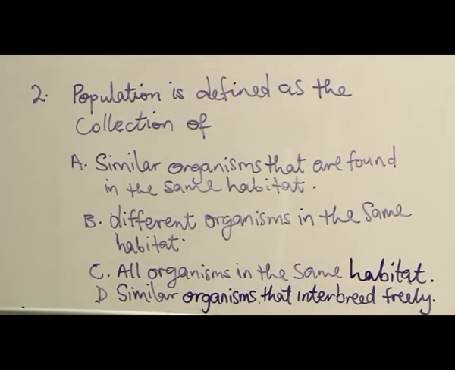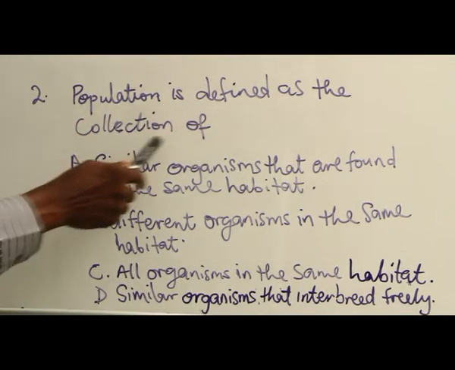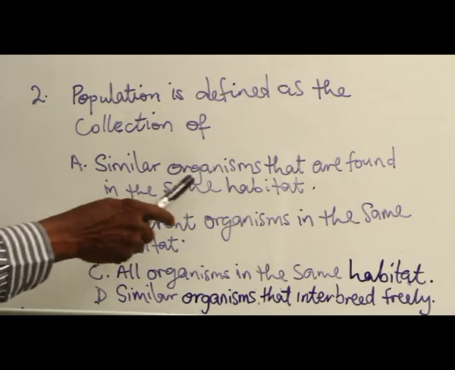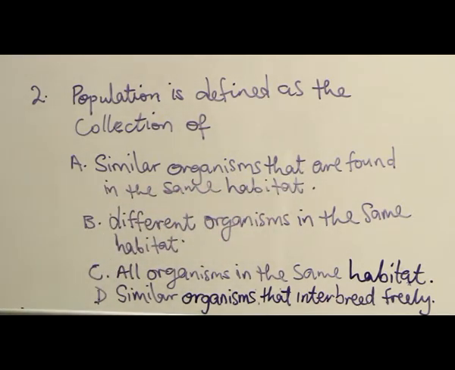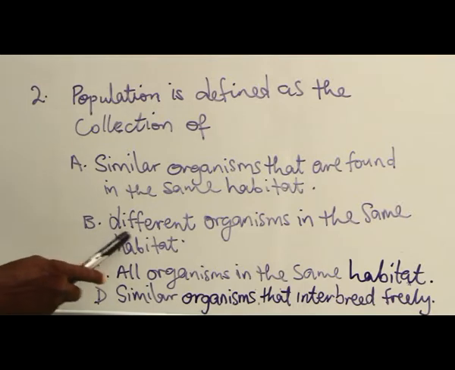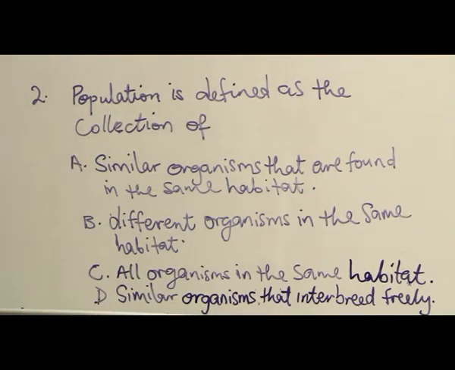Question 2. Population is defined as collection of A, similar organisms that are found in the same habitat. B, different organisms in the same habitat. C, all organisms in the same habitat. D, similar organisms that interbreed freely. Now,